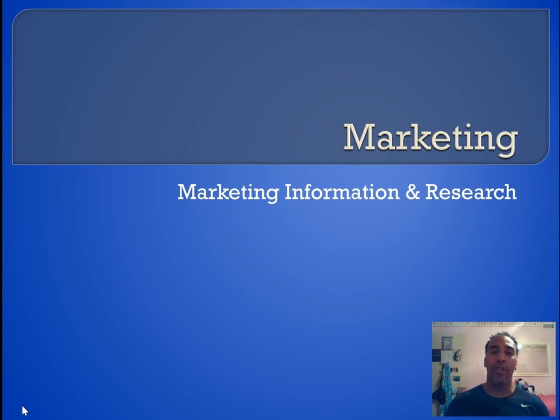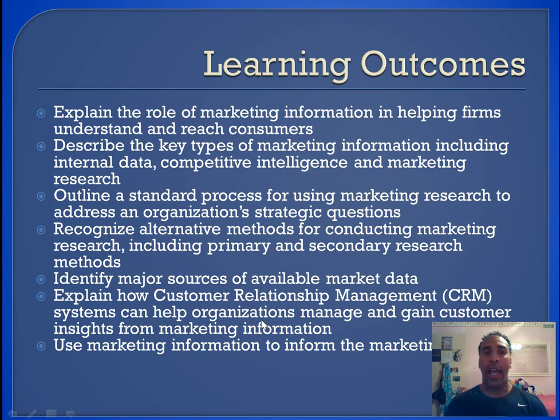We are now on Chapter 6, Marketing Information and Research. Our learning outcomes for Chapter 6 are: explain the role of marketing information in helping firms understand and reach consumers; describe the key types of marketing information including internal data, competitive intelligence, and marketing research; outline a standard process for